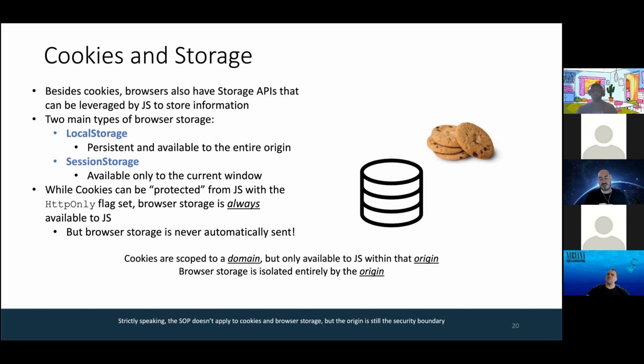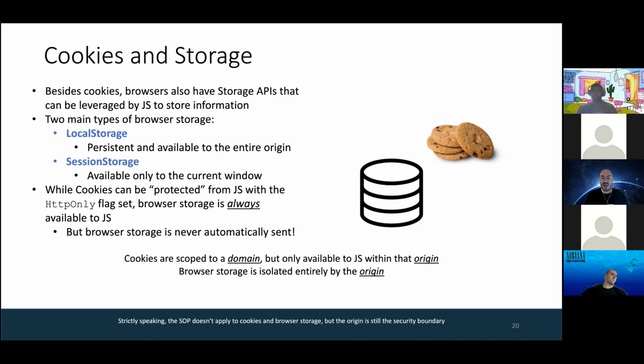So session storage is basically designed to track the session, and it's only available for this window, only for this session. So if you close the window, if you log out, or any of that, that's the one that gets nullified. The local storage is available for everything that's within the same origin. And we're talking about SOP, or same origin policy,